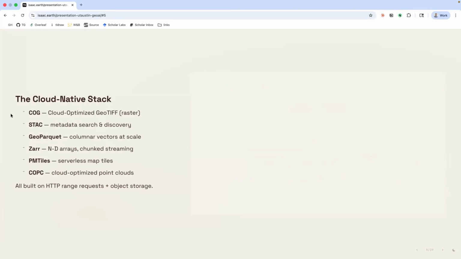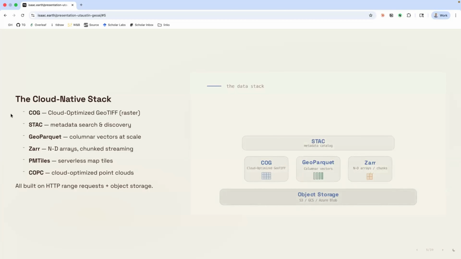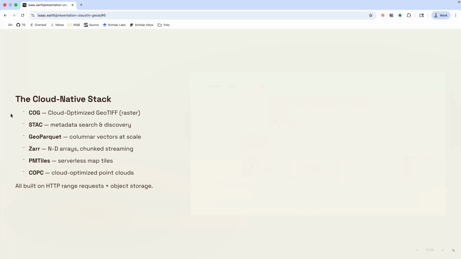And then cloud optimized point cloud, also similar to COG in that if I have this large point cloud of the entire Earth, that's sensed from satellite data, we can actually slice out only a subset. And then the other issue there is that, okay, let's say I have terabytes of satellite imagery. How do I even know which of these files intersect the area I care about? Like if I only care about Austin, Texas's bounding box, and I care about the past 24 hours, how do